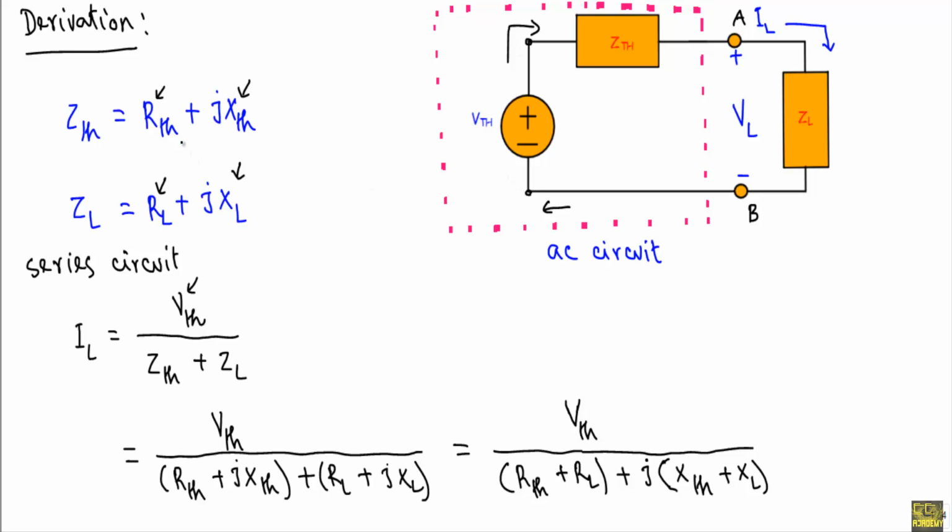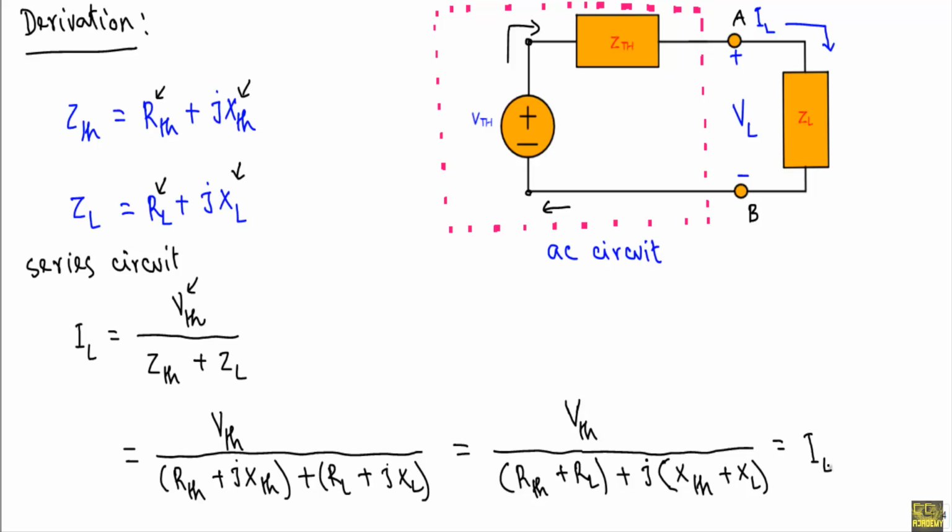Okay, now see, if I put the value of rectangular form of ZTH and ZL here, I will get VTH over RTH plus JXTH plus RL plus JXL. Now if I separate out the real and reactive parts, I will get RTH plus RL plus J(XTH plus XL) in the denominator. So this will be our phasor current